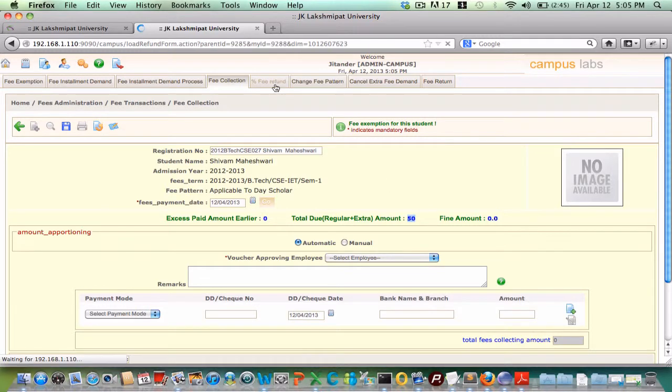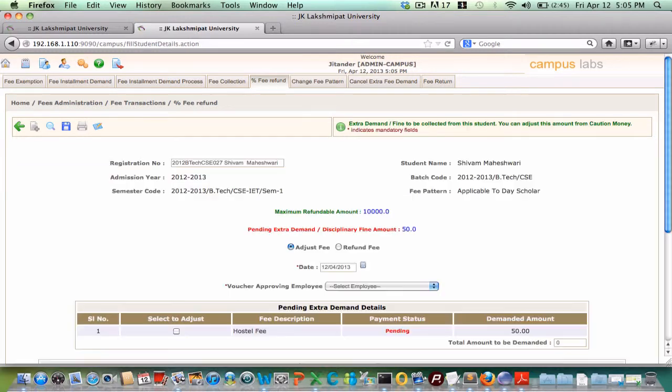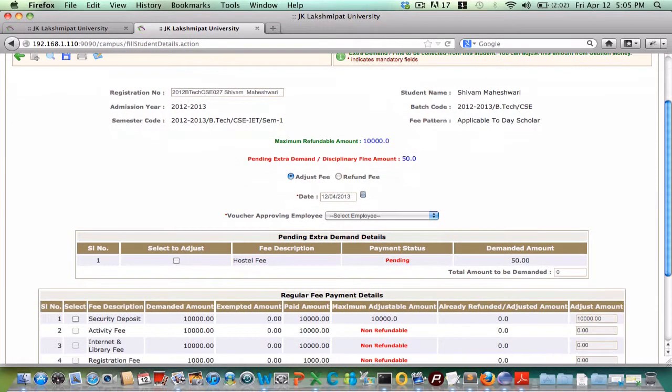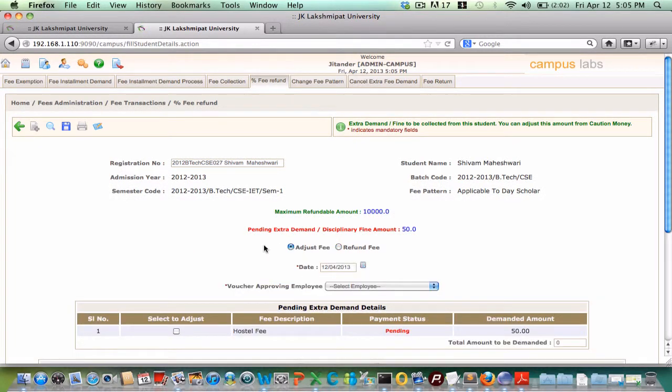And when the student goes for refund, the screen will give the user two options. One will be to adjust this pending amount from the refundable amount, and the other will be to refund the amount anyway. If the user selects to adjust the amount,